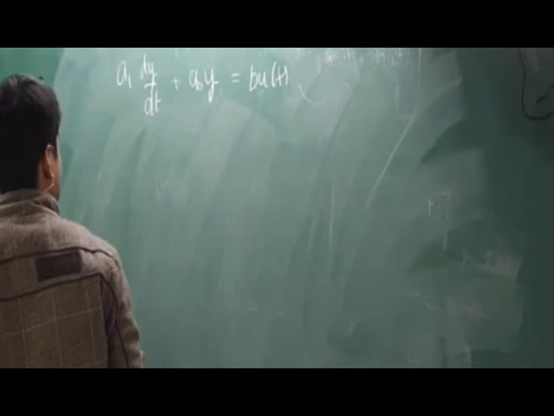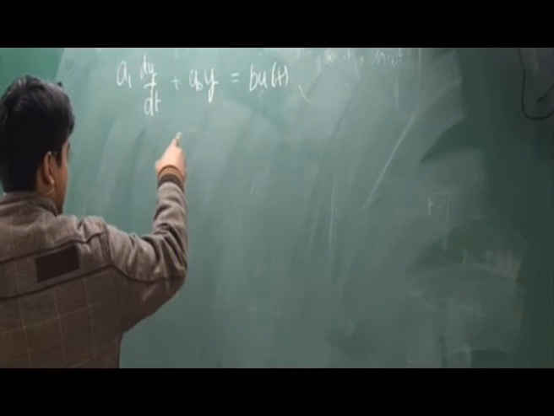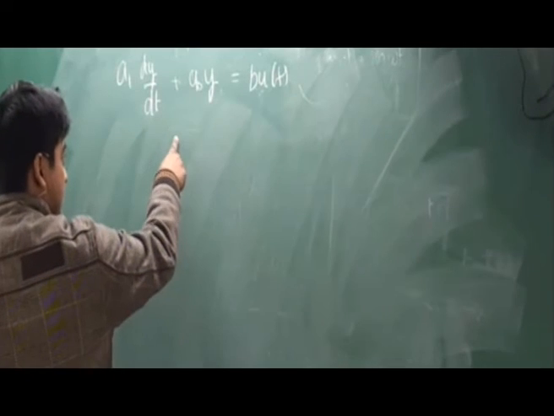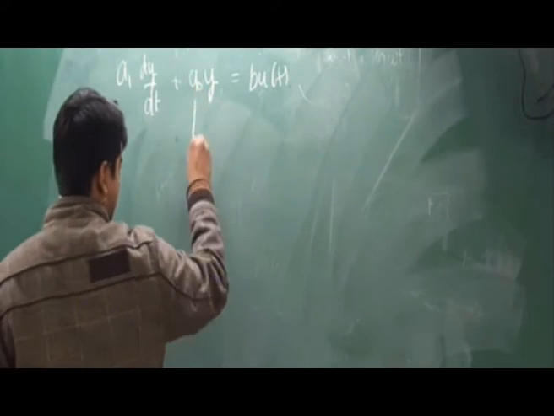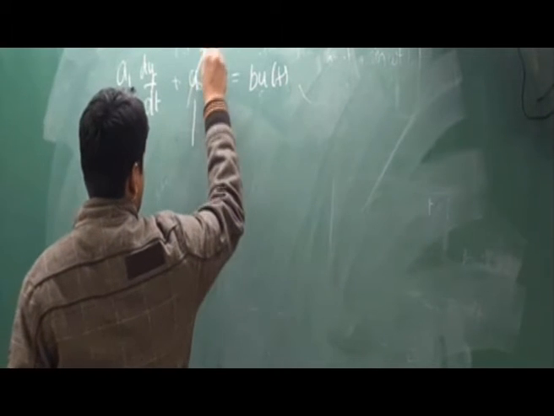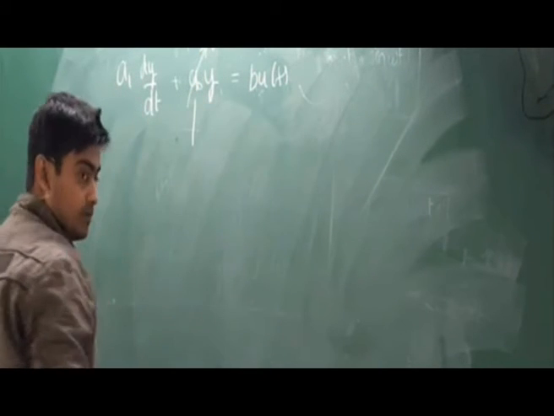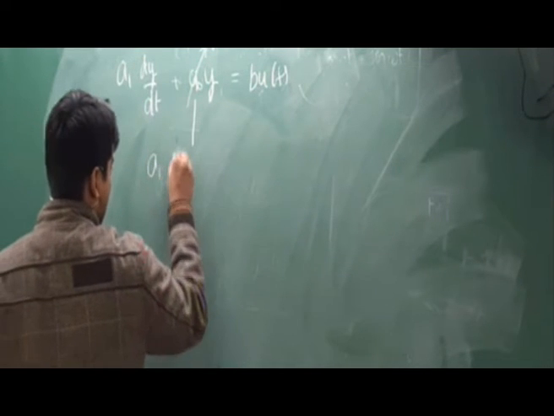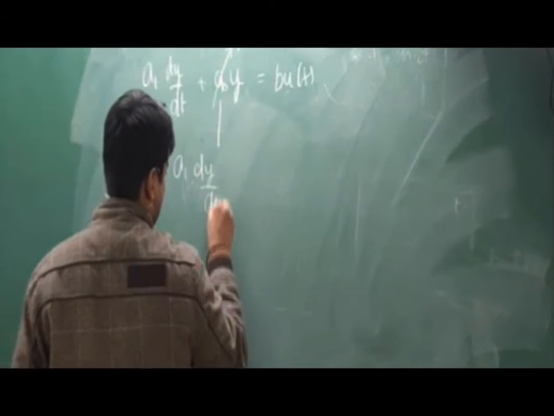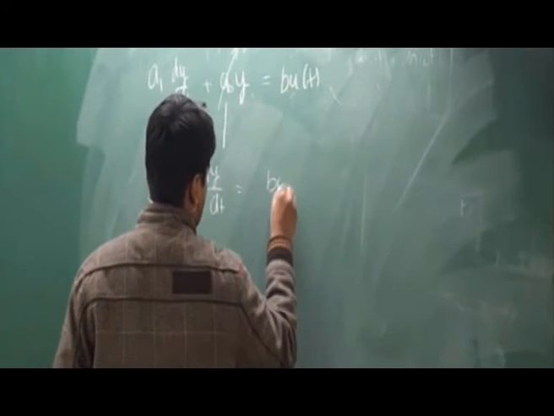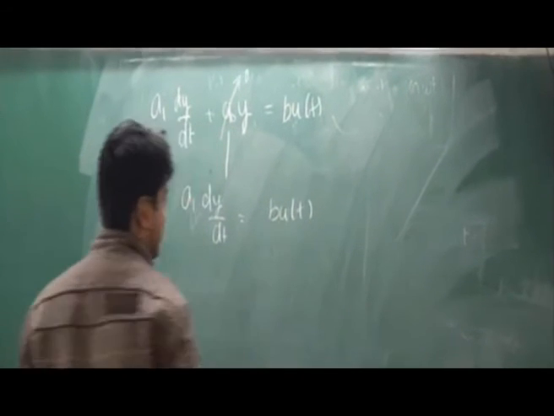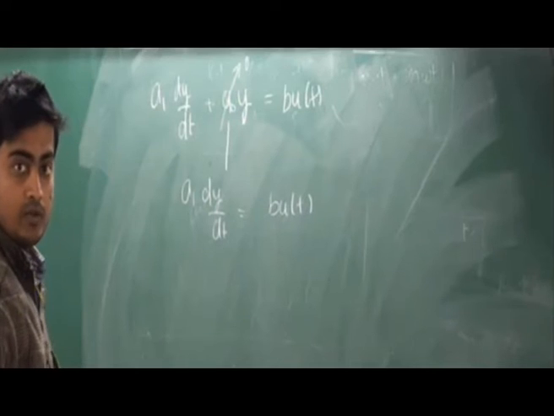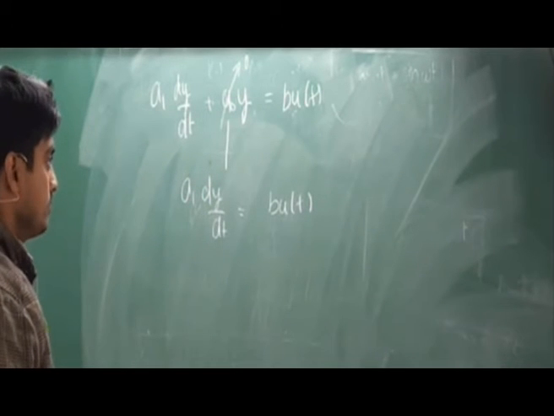If I want to see this system as just an integrator system, this variable will go to 0, and in this way I would have,